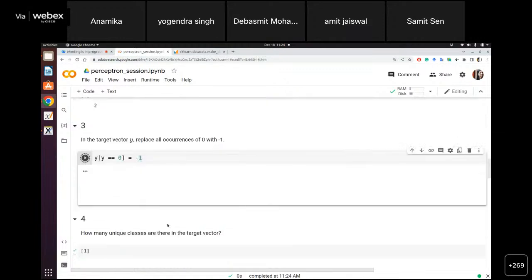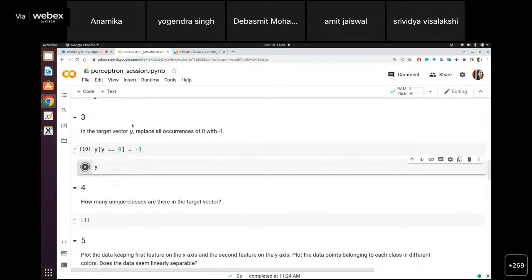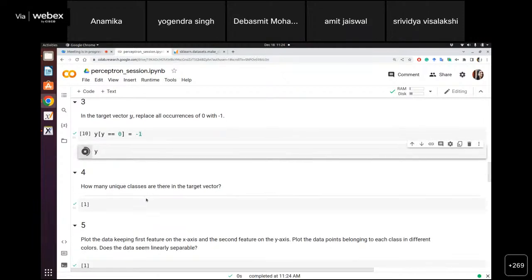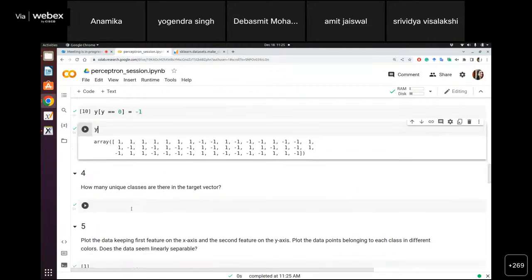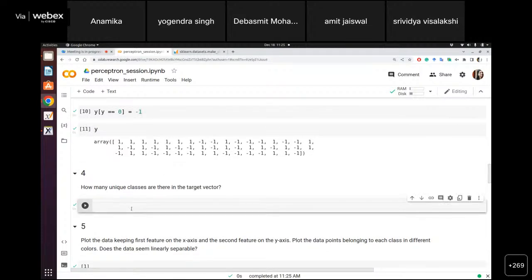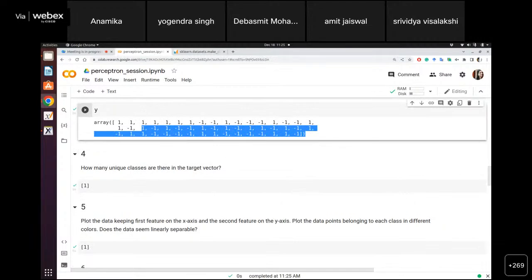So when I do this, let's see what is y. All the 0 values in y will be replaced by -1, right? Now our classes are -1 and 1. Now, if you want to see how many unique classes are there,